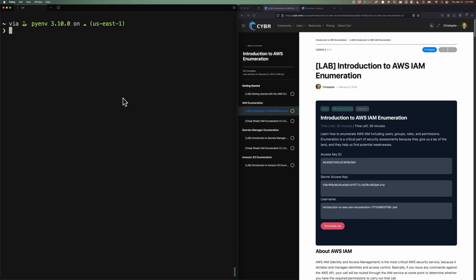This time, we're going to be looking at Introduction to AWS IAM Enumeration, and more specifically, we're going to use the AWS CLI to enumerate information about users, groups, roles, and their permissions that they inherit through different types of policies. So we're going to take a look at all that in this free lab that you can access at